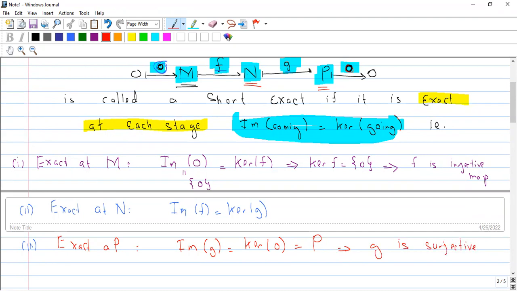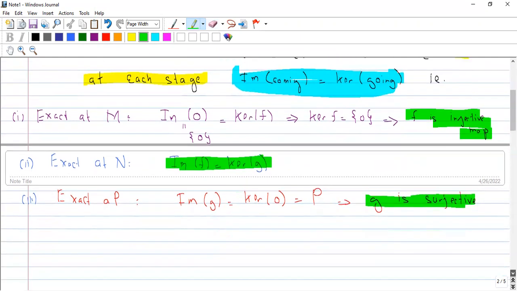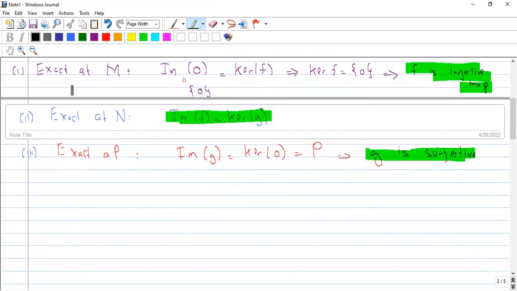So now we got a necessary and sufficient condition for a sequence to be a short exact sequence. If this is a short exact sequence, then f should be an injective map. We also have this condition and this condition. So in short, we also have a theorem, or a result,